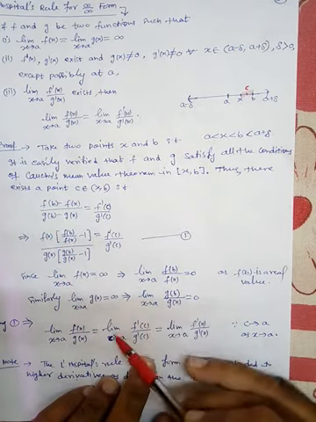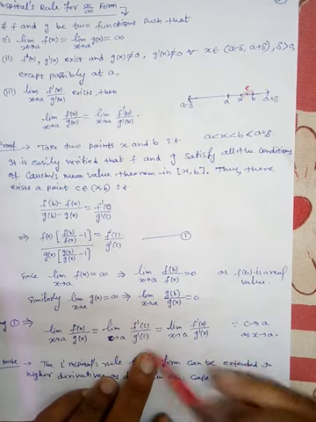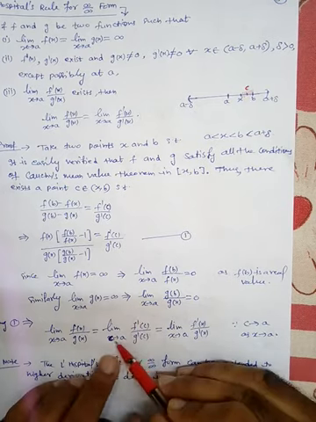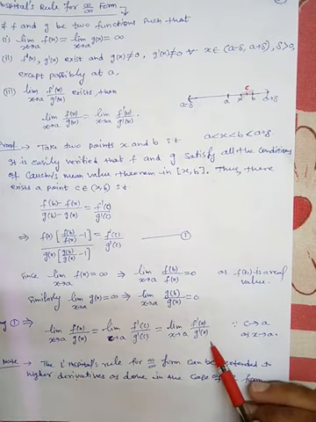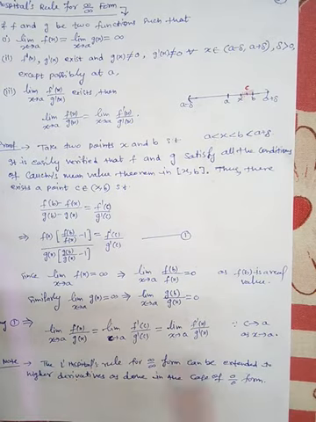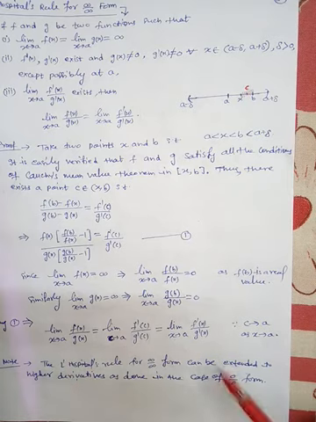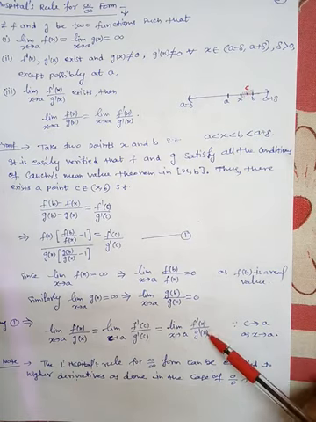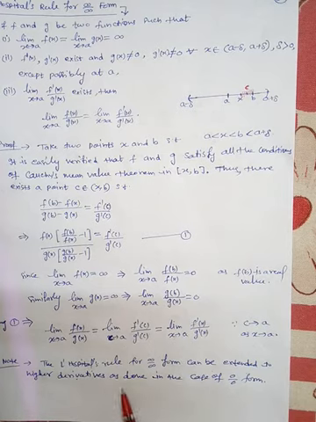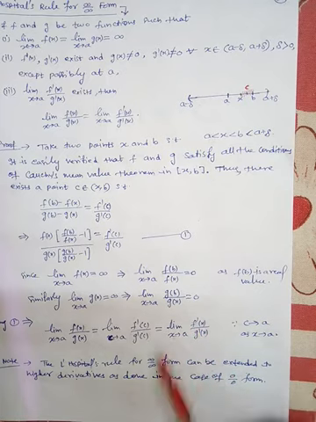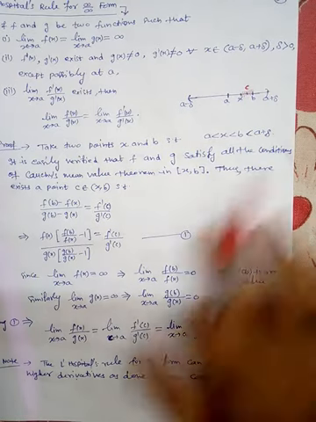On the right hand side, the limit as c tends to a of f'(c) by g'(c), and as usual you can replace c by x. So the limit as x tends to a of f'(x) divided by g'(x). Okay. So this is the rule. Again, you can generalize: infinity by infinity can come again, so again you can apply the L'Hospital rule. So the L'Hospital rule for the infinity by infinity form can be extended to higher order derivatives, as done in the case of the 0 by 0 form. Okay. I think you understand this.